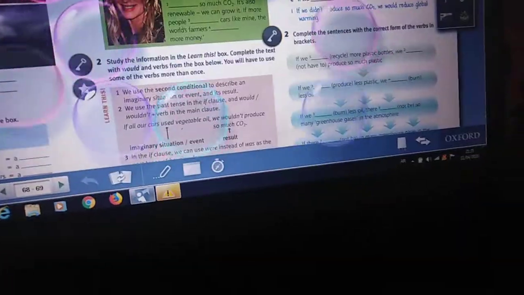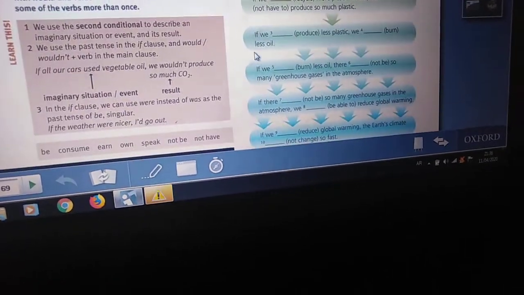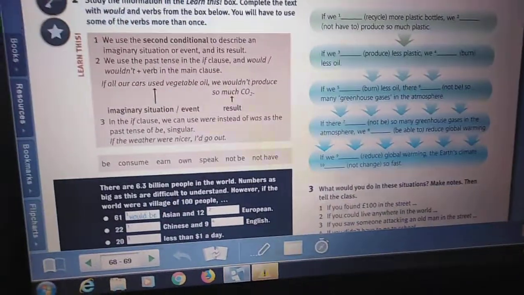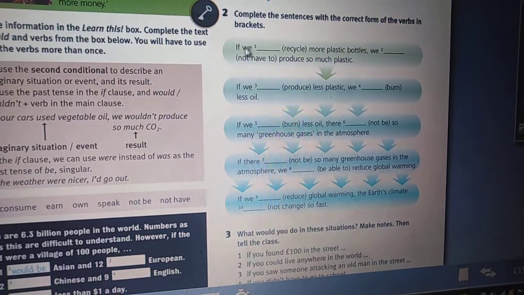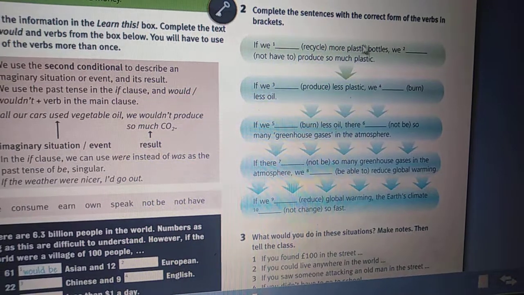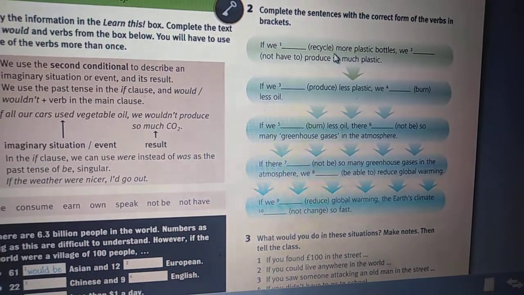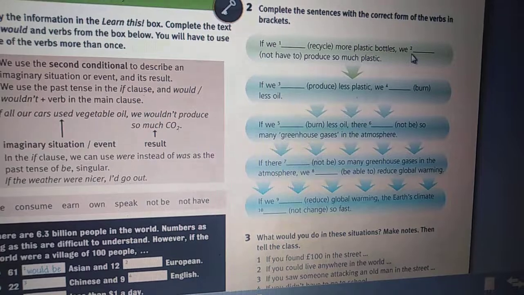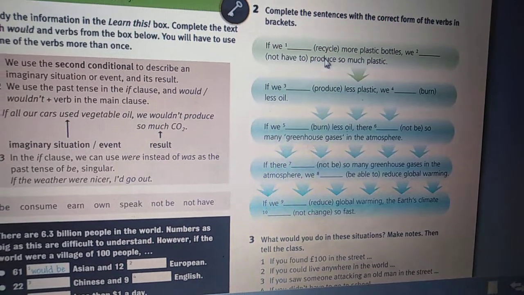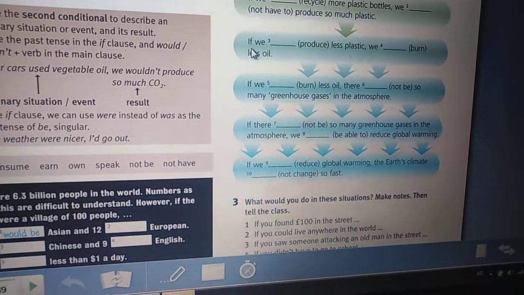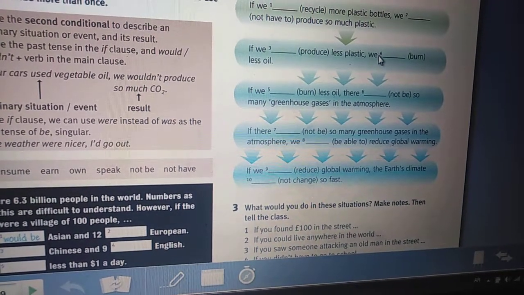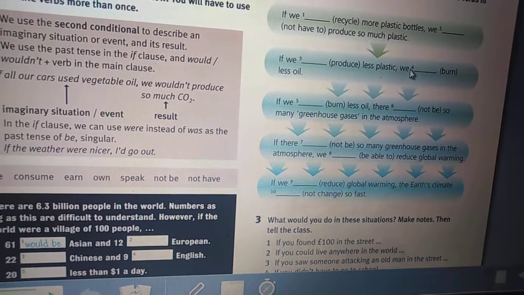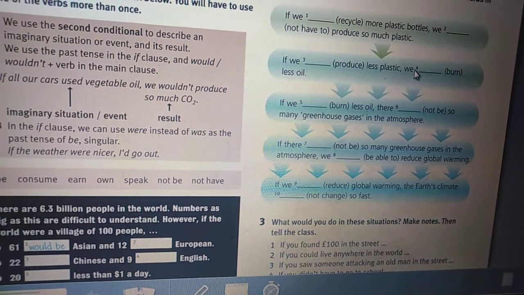So here we have an exercise: complete the sentences with the correct form of the verbs in the brackets. If we recycled more plastic bottles, we wouldn't have to produce so much plastic. If we produced less plastic, we what? We would burn